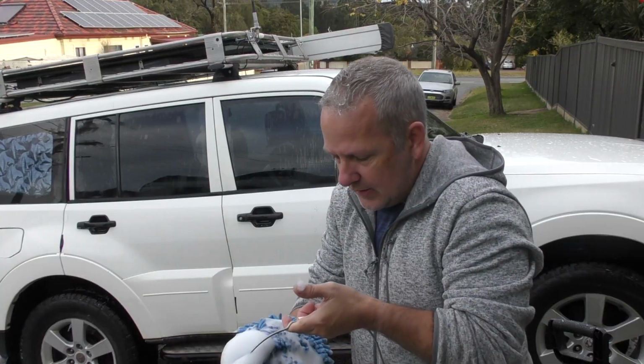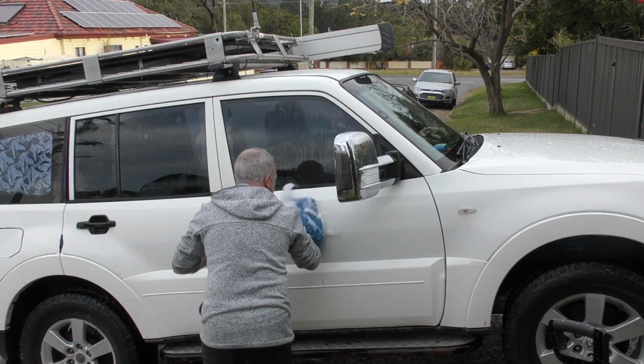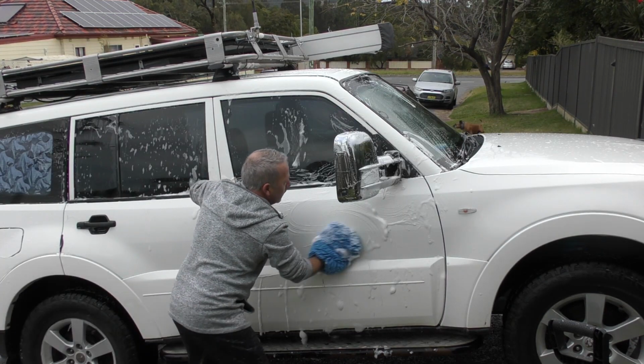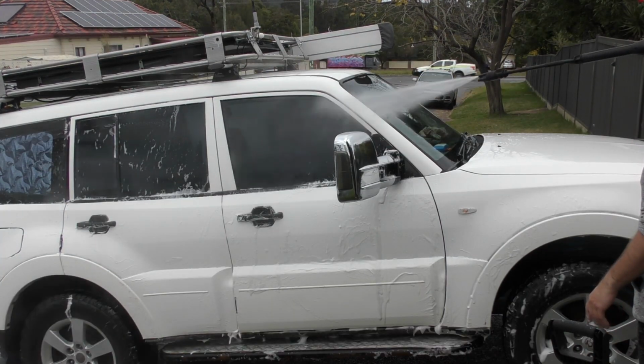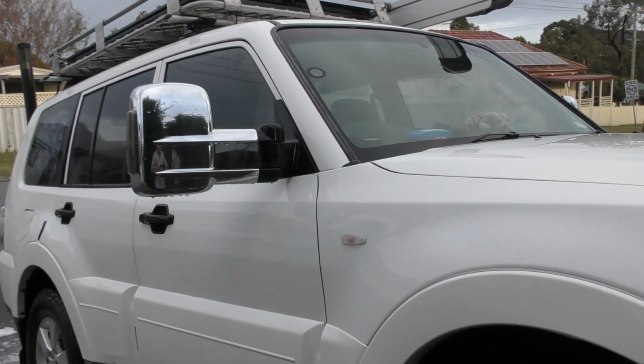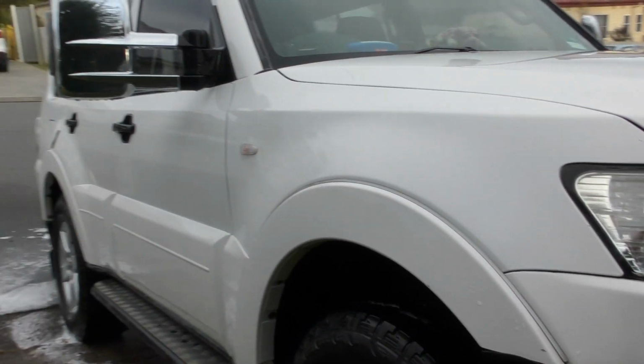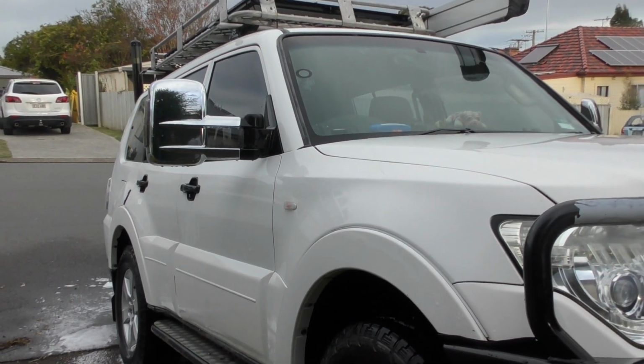So here's our hand mitt, and let's get stuck in with a quick go. You can see the old Pajero starting to shine a little bit. Now the paint's never been the best on this Pajero anyway, because it gets used, it gets taken off road, it gets put through the scrub. But